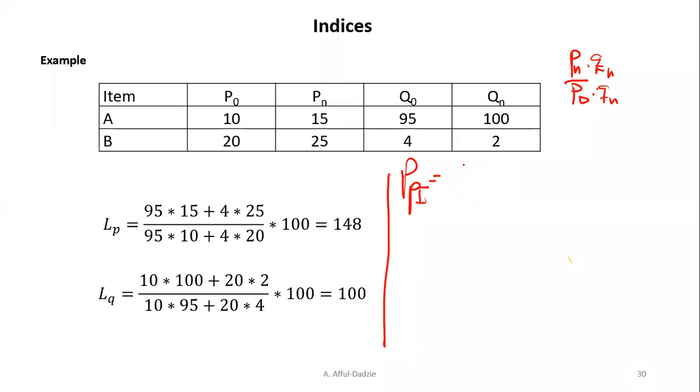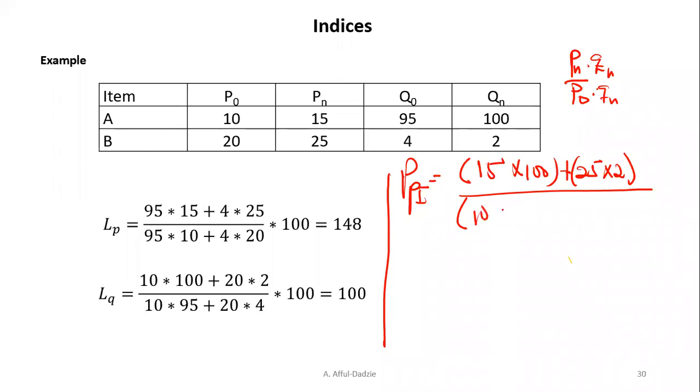The first one is the current price for item A, which is 15, and its current quantity is 100, plus the second current price for item B, which is 25, and the current quantity is 2, all over the base price. So the base price is 10 times again the current quantity, which is 100, plus